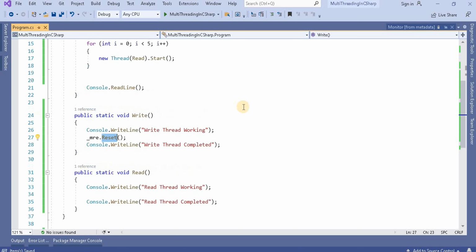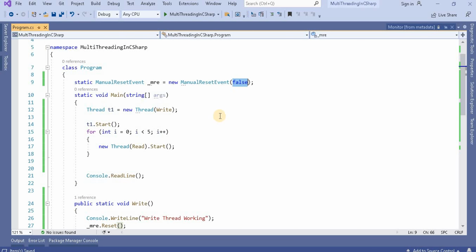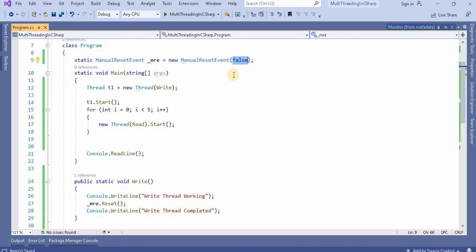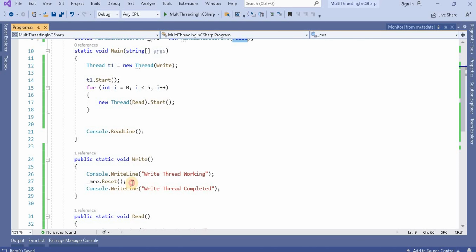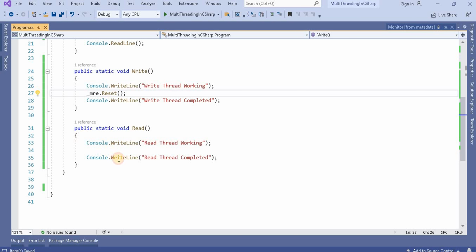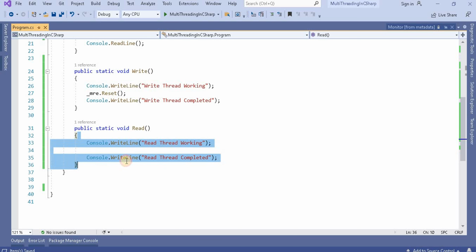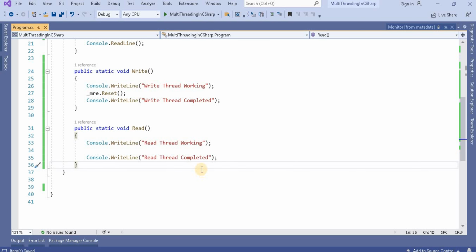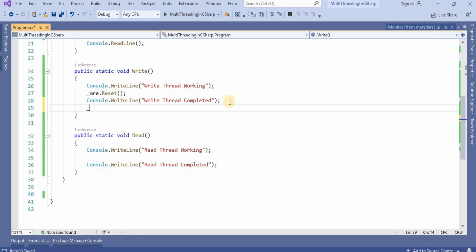Reset is basically false. When the ManualResetEvent is false, this thread needs to wait, and it starts working when it gets the signal from MRE.Set. MRE.Set is the true value, and Reset is basically false.